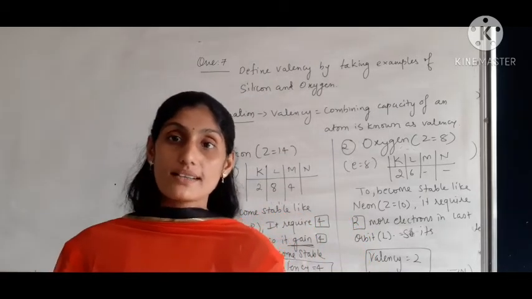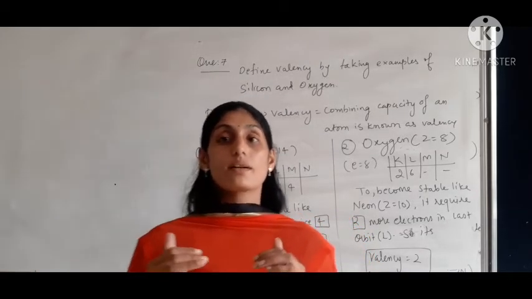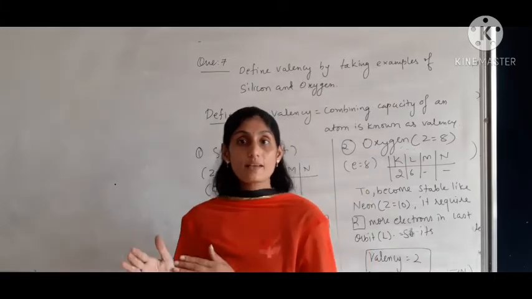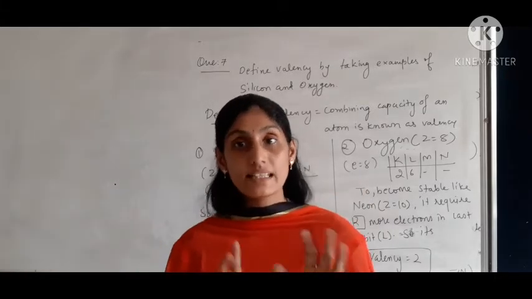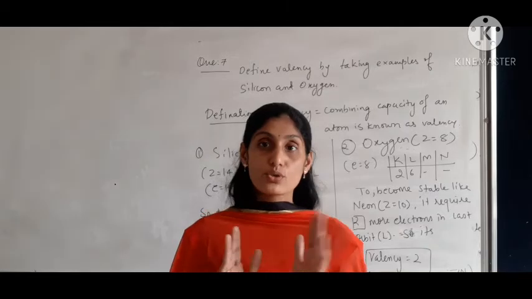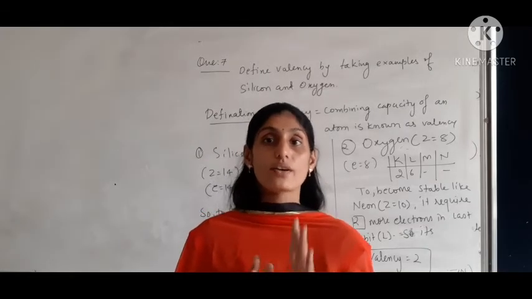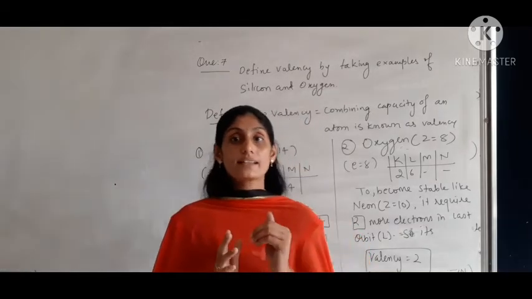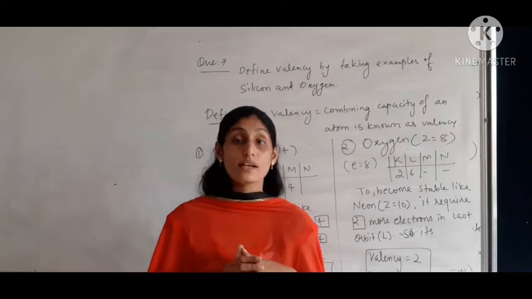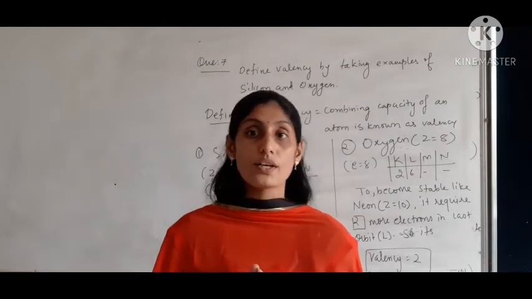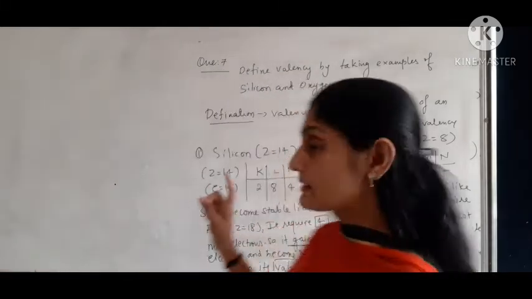अब स्टेबल किसके जैसे होंगे? वो नोबेल गैसेज जैसे. हमारे पास नोबेल गैसेज 1 to 20 एलिमेंट्स में हीलियम, नियॉन एंड आर्गन 3 हैं. अगर हम फर्स्ट 1 to 20 एलिमेंट्स लेते हैं तो हीलियम है, नियॉन है, आर्गन. अब वो क्या करेंगे? इधर दे आर गेनिंग और लूजिंग द इलेक्ट्रॉन्स टू बिकम स्टेबल लाइक इधर हीलियम और नियॉन और आर्गन.